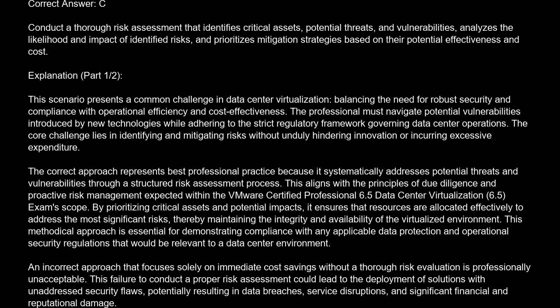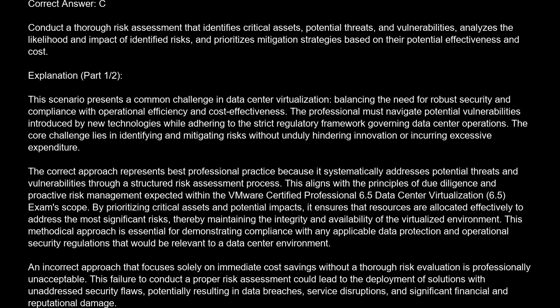Correct answer is C. Conduct a thorough risk assessment that identifies critical assets, potential threats, and vulnerabilities, analyzes the likelihood and impact of identified risks, and prioritizes mitigation strategies based on their potential effectiveness and cost. Explanation. This scenario presents a common challenge in data center virtualization, balancing the need for robust security and compliance with operational efficiency and